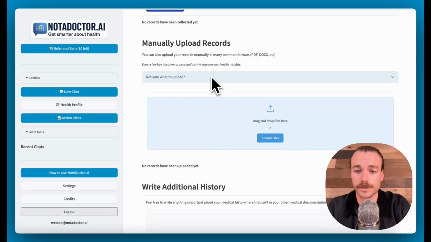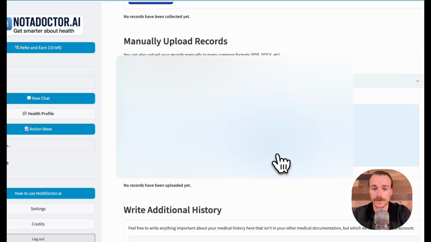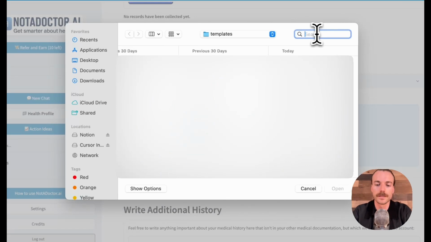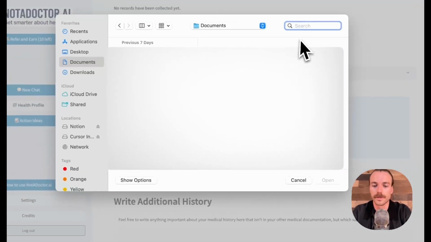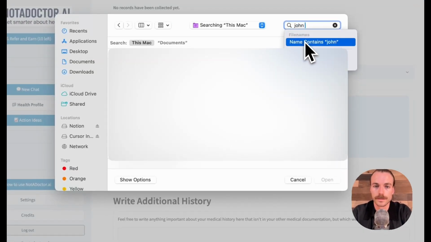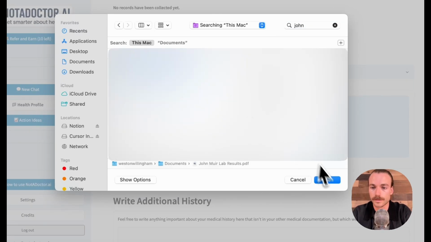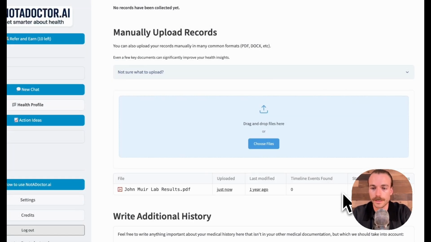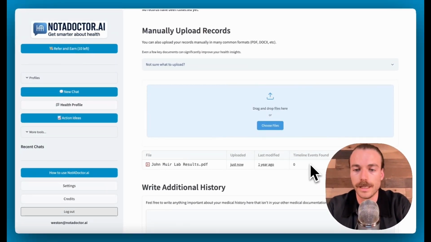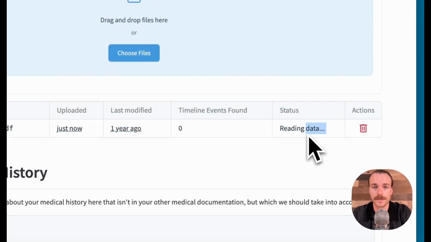So to upload records from your computer, it's as simple as just choosing files, finding the file inside of your computer that you want to upload. Let's see, John, lab results. And then I'm going to open this and then asynchronously, without you having to do anything, it's going to extract all of the health timeline events from that record